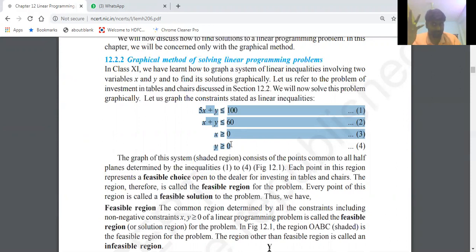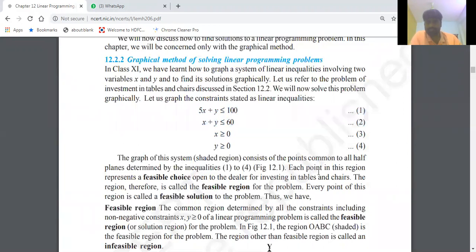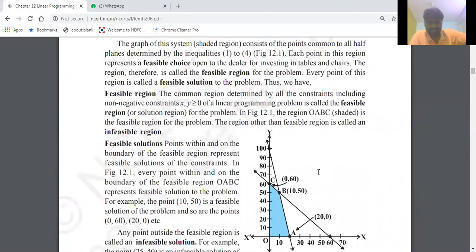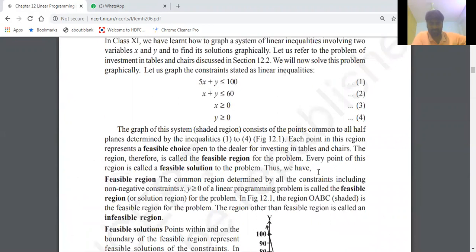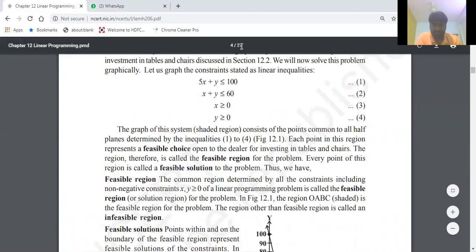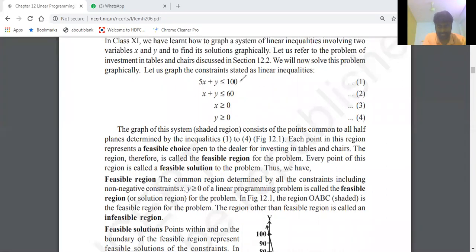Now we are going to enter into the third step, fourth step. What is the third, fourth, climax part? The third one means graph. The fourth one, from the graph finding the solution. So let us go for drawing this. To draw the graph, first of all, let us take inequalities into equations. Now you just observe here. 5x plus y less than or equal to 100. So what are the points I can write for this equation? Let me take every inequality in the form of an equation.